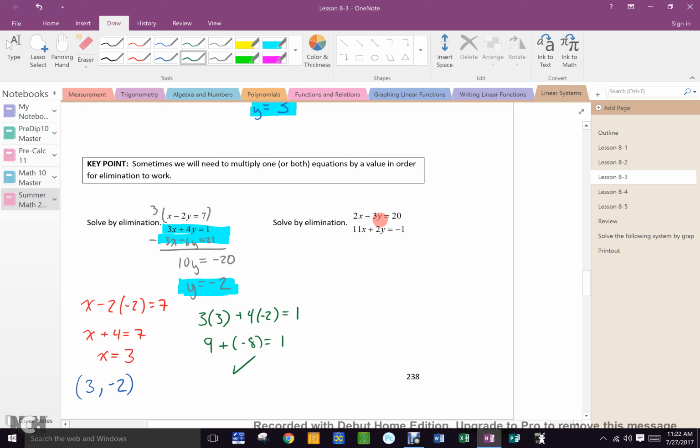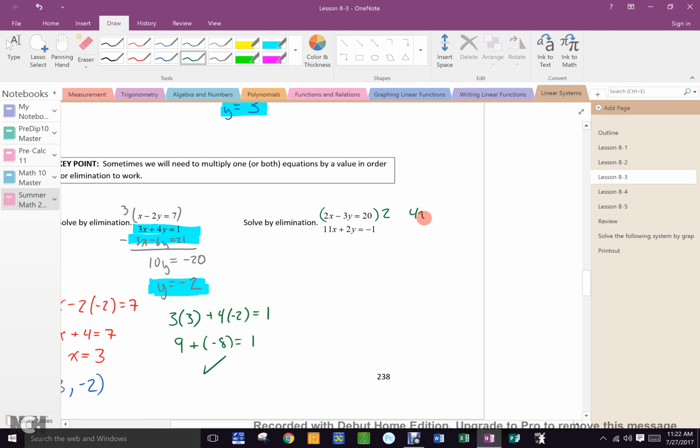So we're going to use 6. I've got to get the y's to 6. What do I have to do to the first one to get a 6 there? Multiply it by 2. So I then get 4x minus 6y equals 40. What do I have to do to the second one? I'm going to multiply by 3 to get what? 33x plus 6y equals